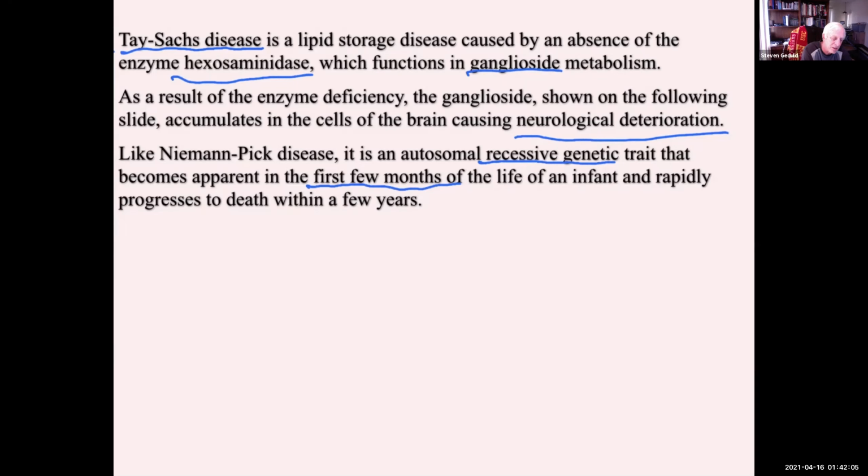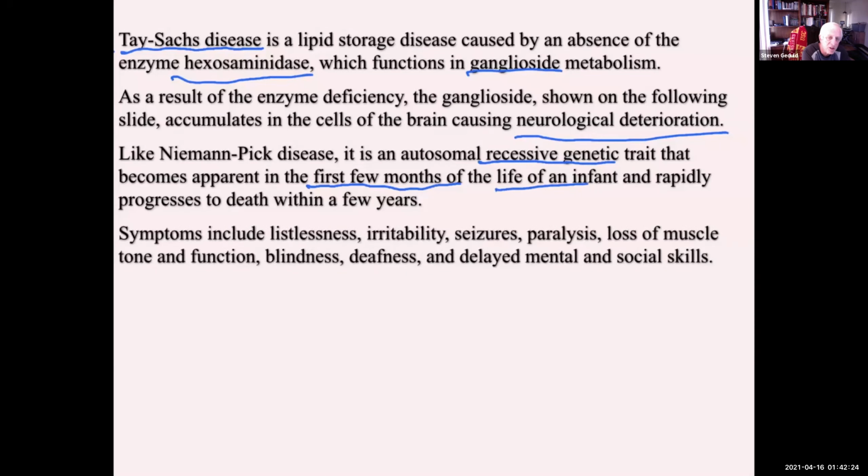They don't walk when they're supposed to. They don't show all the characteristic marks of development that an infant should show. You see that in the first few months of life, and they don't last more than usually 1 to 2 years with Tay-Sachs disease. Symptoms you can look for in the baby: